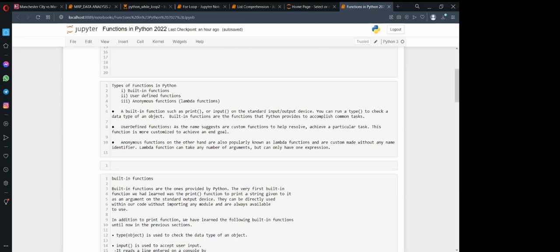So an example of an inbuilt function is the print statement that you are using. I think some of you have tested Python. You've been typing that print statement a lot, even the input statement. That is also called a function. It will help you mostly to see what you are inputting and what you are outputting.